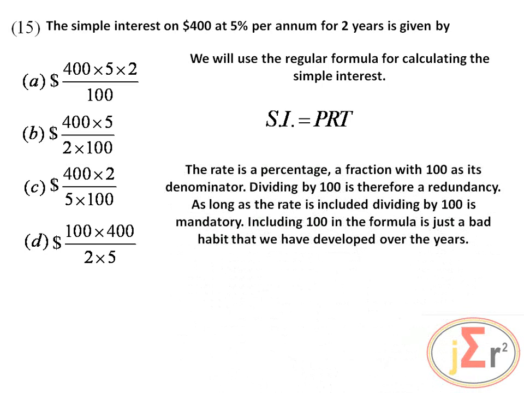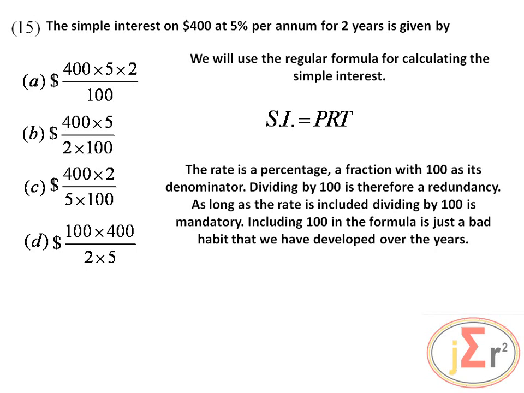The rate is a percentage, a fraction with 100 as its denominator. Dividing by 100 is therefore a redundancy. As long as the rate is included, dividing by 100 is not necessary. Including 100 in the formula is just a bad habit that we have developed over the years. So we do not have to say simple interest is equal to principal multiplied by rate multiplied by time over 100,